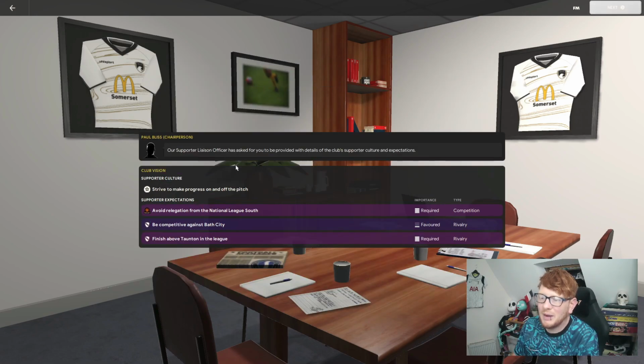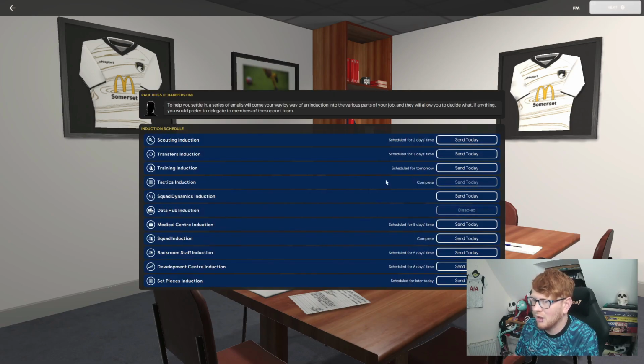The main plans here from the supporters are to avoid relegation from the National League South, be competitive against Bath City, and finish above Taunton in the league. They are our 2 main rivals. Let's see what we can do there. That's all the